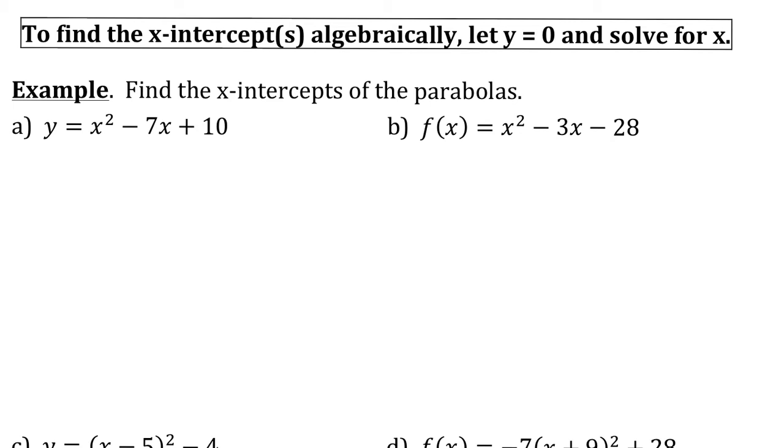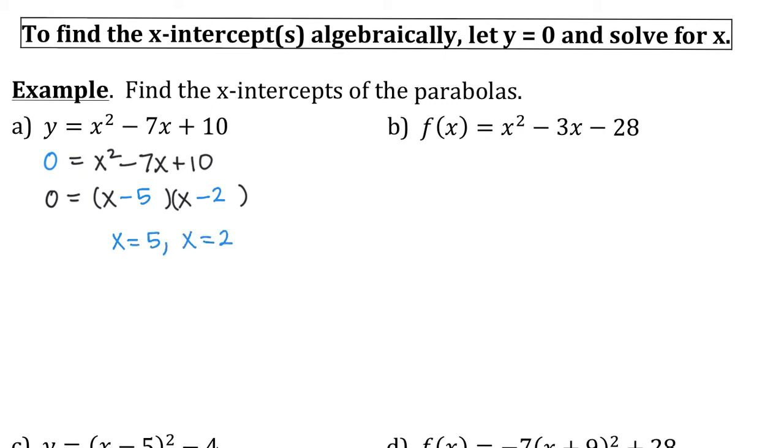So let's look at this first one. Where the y is, I'm going to substitute 0. Now I have x squared minus 7x plus 10 equals 0. Because this is in standard form, the easiest way to solve it would be to factor it. Because it starts with x squared, I could factor it fairly easily. So x times x, and what do I multiply to get 10? 5 and 2. Does that add up to negative 7? Let's make it minus 5 and minus 2. Then when I solve that, I get x is positive 5 and x is positive 2, which are good solutions,